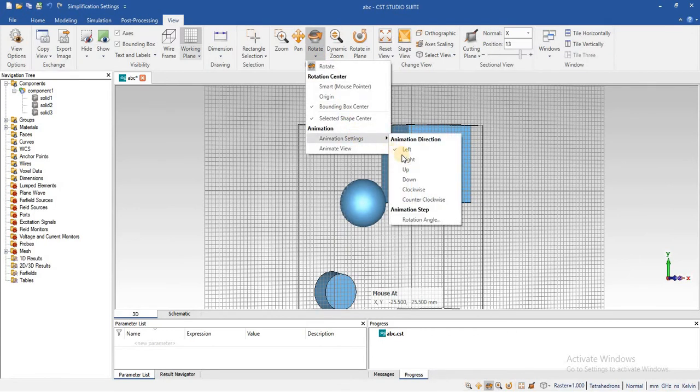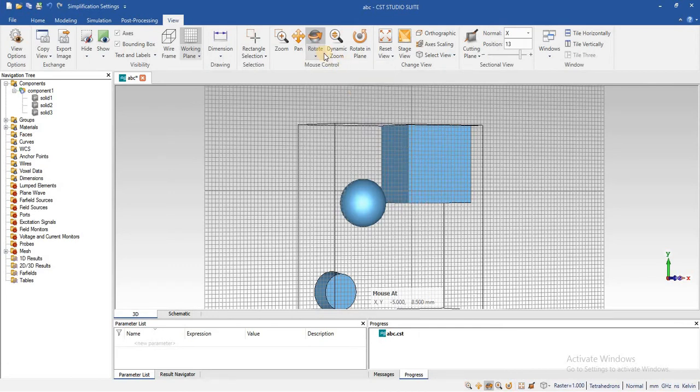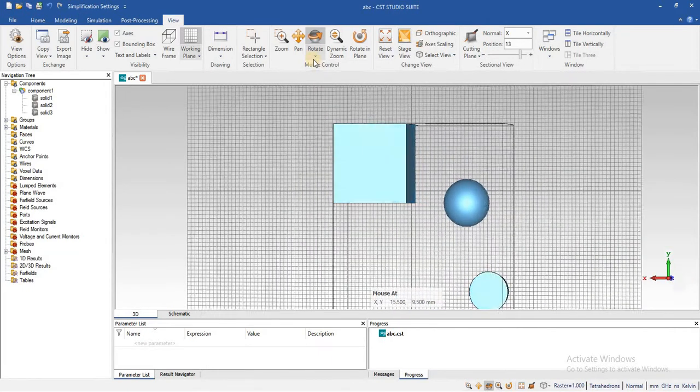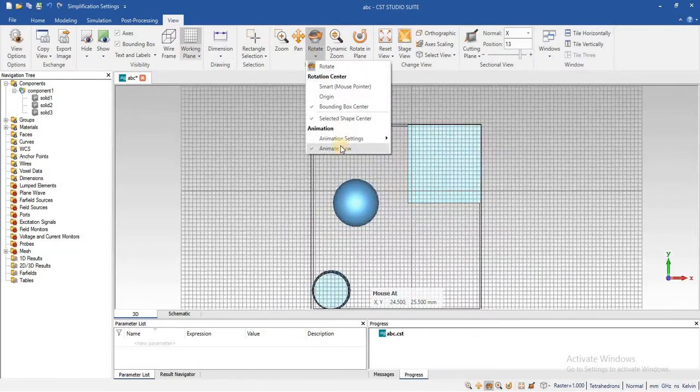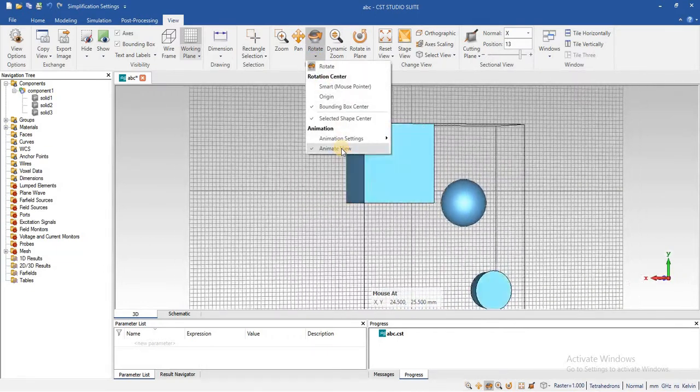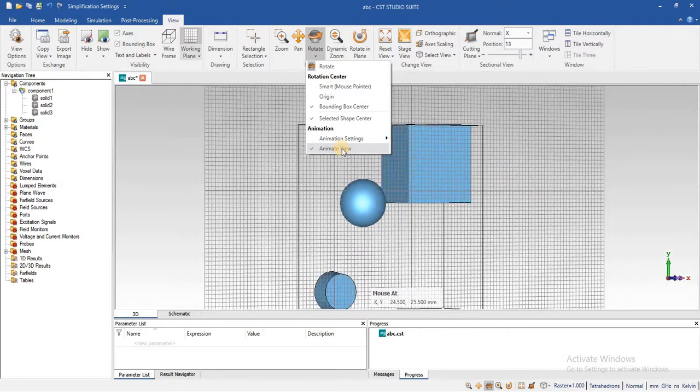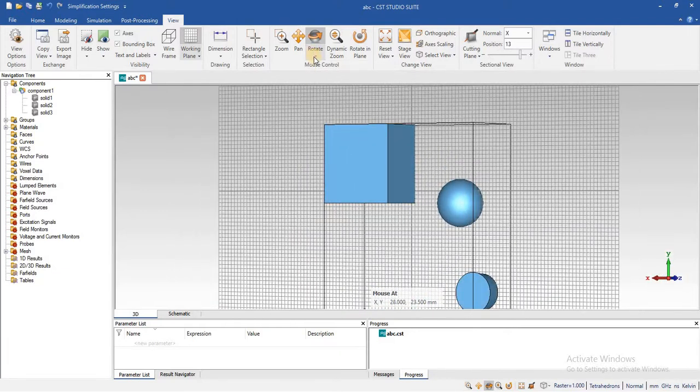First you have to select the way of animation, direction, right, and second step, animate the view. It will start. When you want to end, just uncheck this.